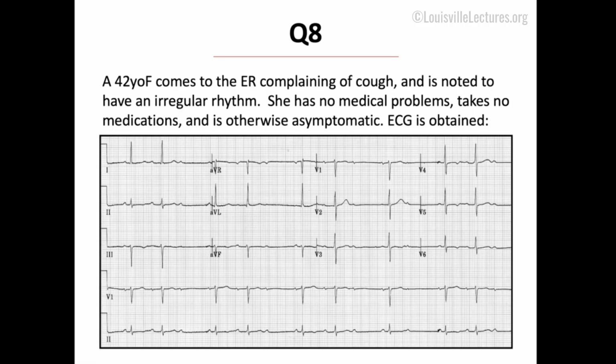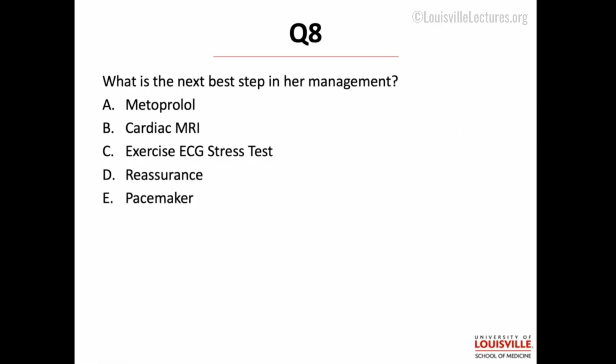The way I remember it, sort of my own mnemonic, is that you have a warning, right? Your PR interval is slowly getting longer, so there's a warning shot. Therefore, it's less dangerous. But this does not need any further workup, and this does not need a pacemaker. So this is just reassurance. You probably should avoid any kind of nodal blockade in these patients if possible, so you don't want to give metoprolol, but really it's good to recognize that this is not a dangerous rhythm.